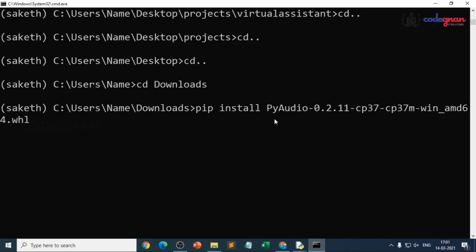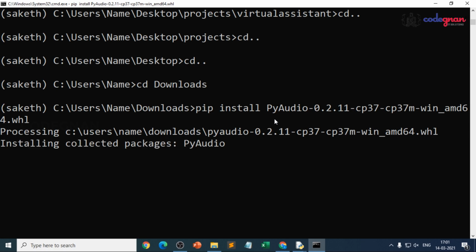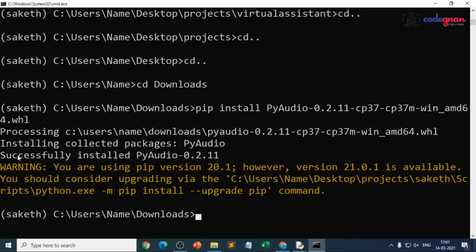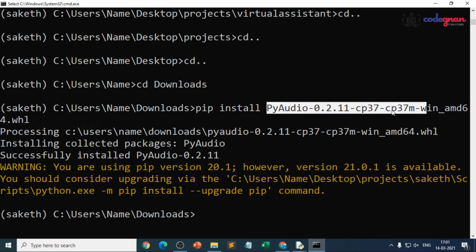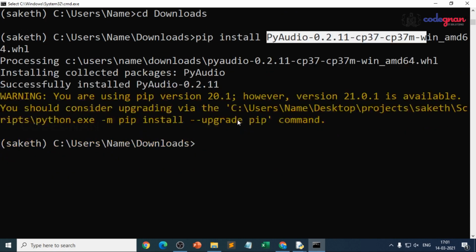Then it will give you all the supporting wheel files, right? Whatever you have, PyAudio, then just click on install. Automatically it will tell you it is successfully installed. That is a simple thing you should do. Pip install your particular wheel file. You need not write anything. Just give the first letter and the second letter. Then you have all the extension.